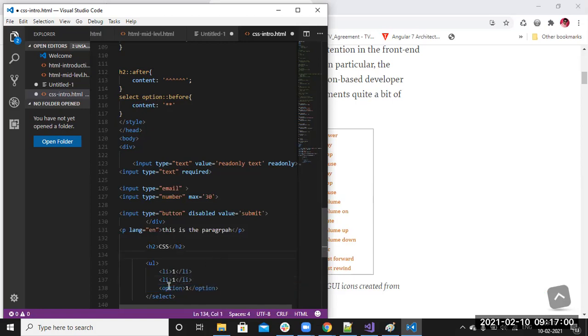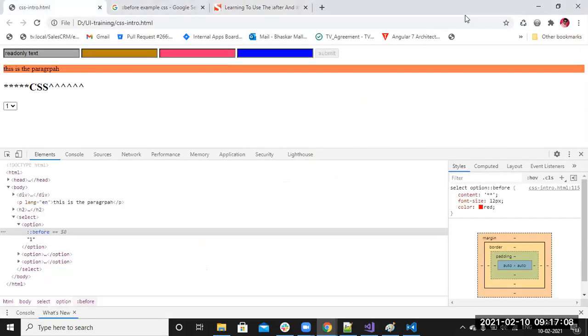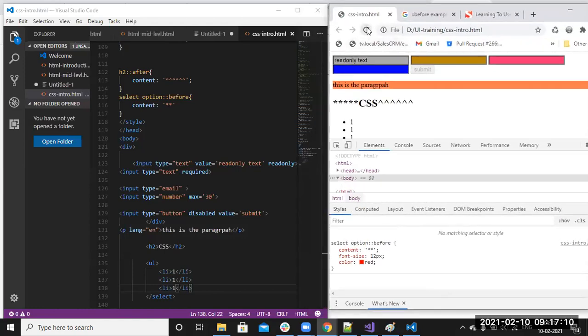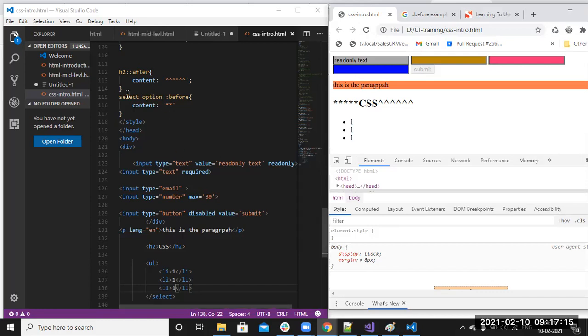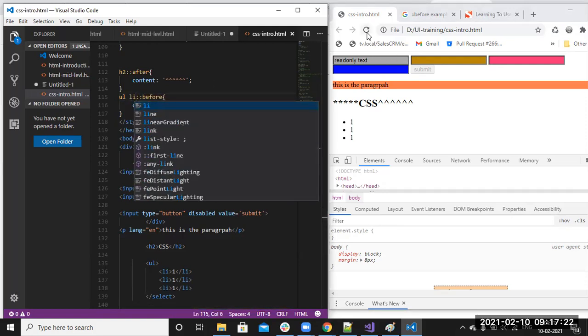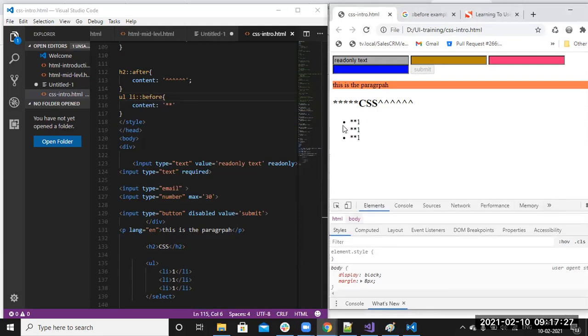I'm a little bit confused between jQuery selectors and CSS selectors. Now you can see that for every list element, I have appended the star by using before.